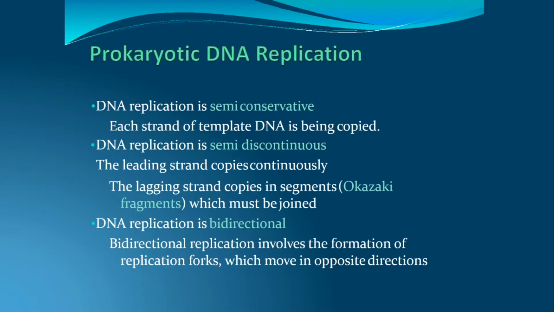Now DNA replication is also bidirectional. We'll get to that detail in the next video, how the replication fork formation occurs. Bidirectional means you go from the specific ORI sequence, the origin of replication, in two directions from that sequence. That does two things: it increases the rate of replication, and it saves time for the replication to be completed.